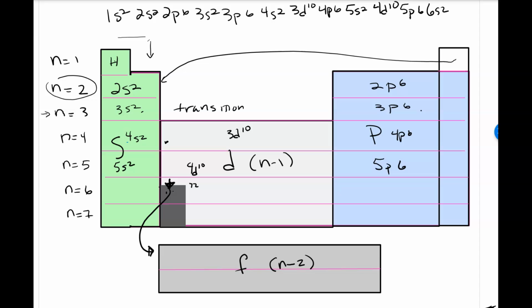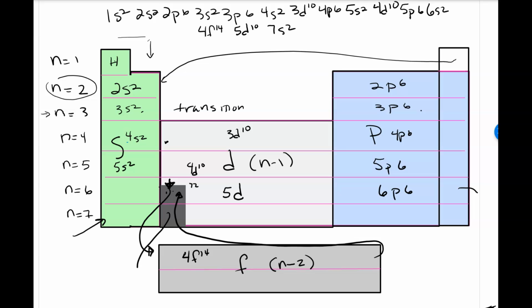So I just did 6s2. Now n-2 is going to be 4 and F, and there's 14 of them. So this is 4f14 in this block. Come back up here after I fill those, and now I'm in the D block again, and it's n minus 1, so I'm in row 6, it will be 5d, and there are 10 of them, 5d10. 6p6, then I come here,